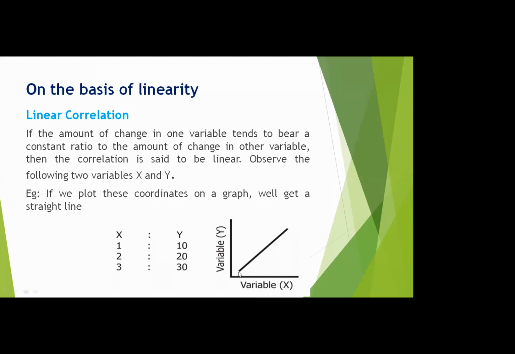While plotting that, connecting those dots using a line, we will get a linear relationship like this. The value of x is 1, then the value of y is 10, then the next value is 2, then the value of y is 20, like that. So we will get a linear relationship like this. This is called linear correlation. The amount of change in one variable will make a constant amount of change in the other variable. Such relationships are called linear relationships.